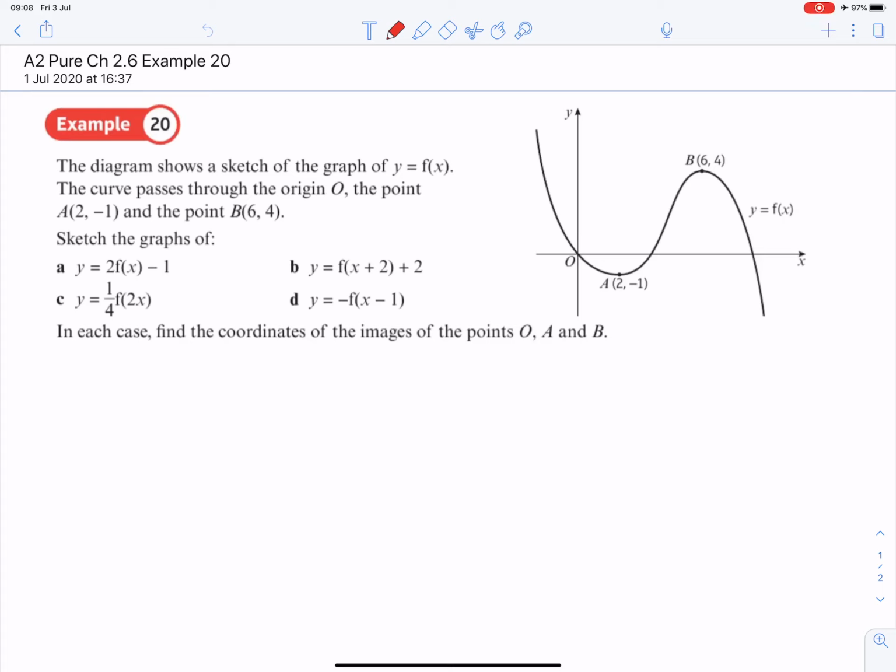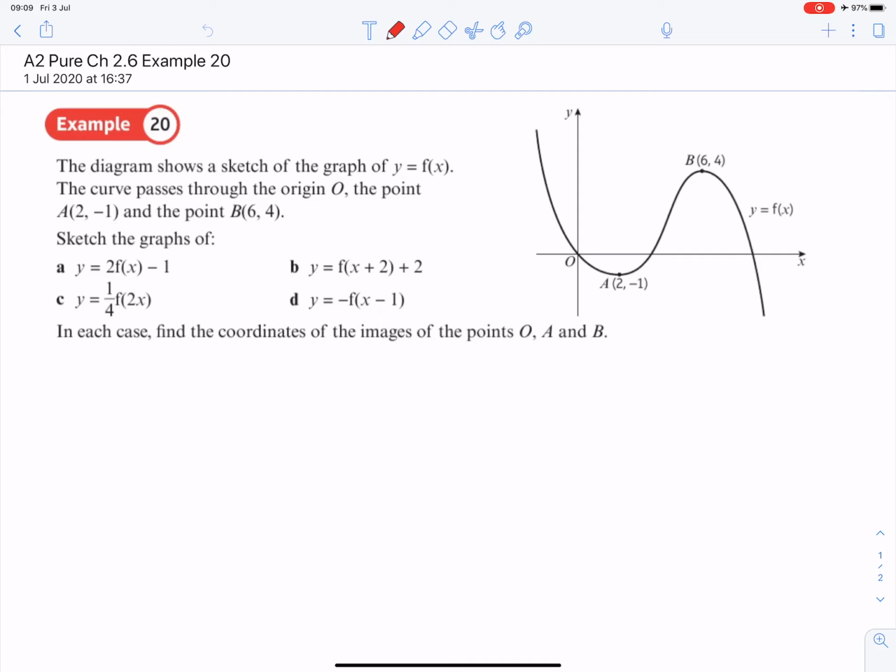So, chapter 2.6, example 20. The diagram shows a sketch of the graph y equals f of x. The curve passes through the origin, the point A, which is (2, -1), and the point B, which is (6, 4). Sketch the graphs of, in each case, find the coordinates of the images of the points O, A, and